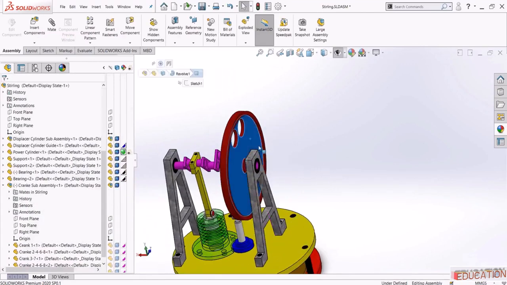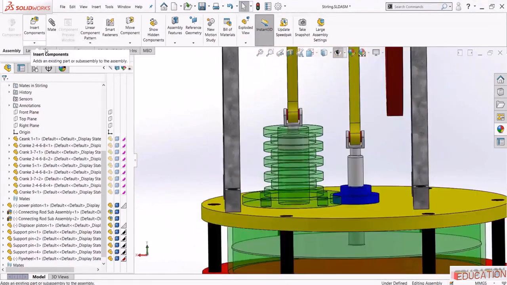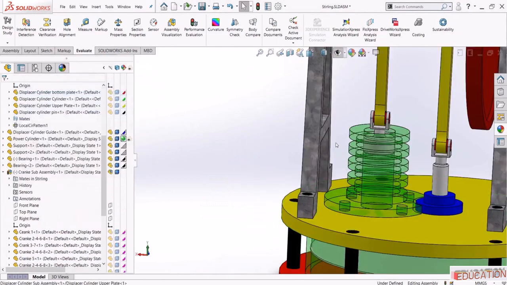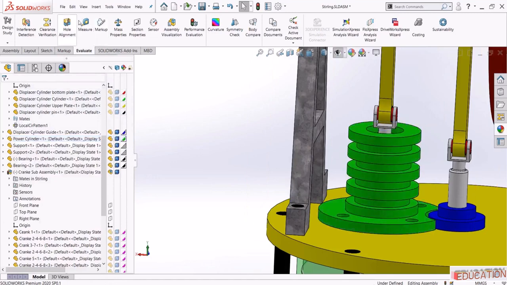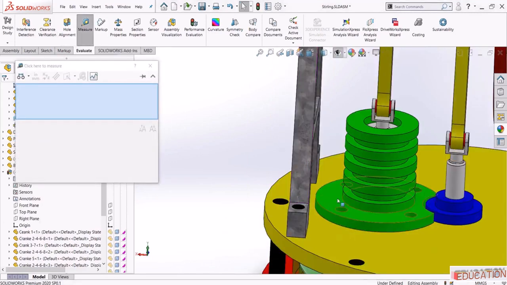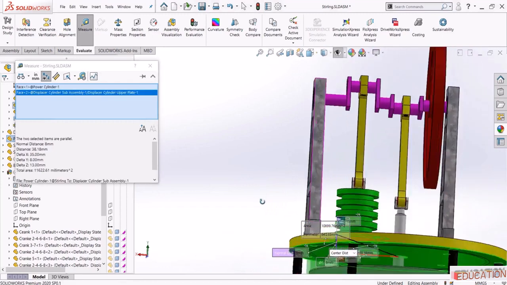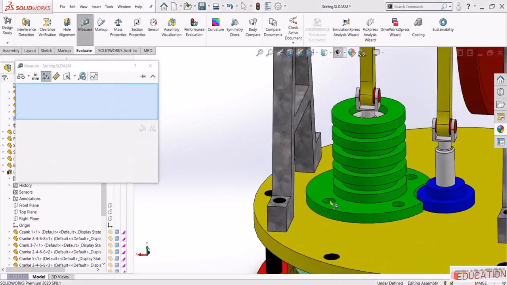And now, if you try to rotate it, it will rotate. Lastly, we need to place some pins here. So we need to select evaluate, measure, and then select this face. If you can't select it because it's transparent, simply remove the transparency for now, and then select this face. And then select measure once again, select this face, and select this one. And the Y distance here is 8 millimeters, and this diameter